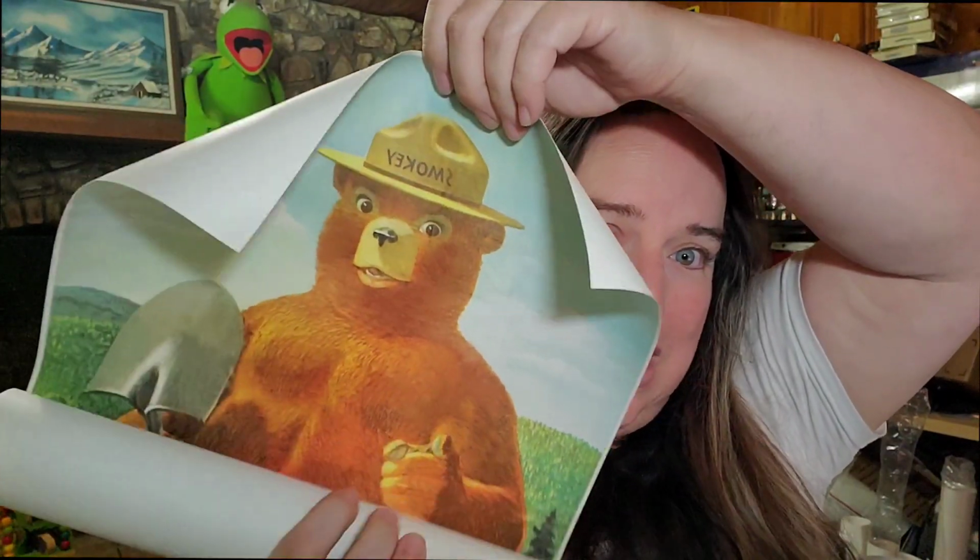So $1 into $200. Guys, Smokey the Bear is hot. Not all of them sell that high, but if you can get them cheap, I would get almost any Smokey the Bear stuff. So today's total going out is